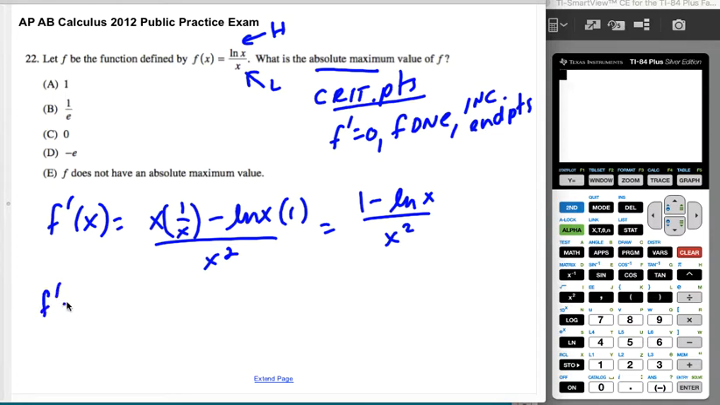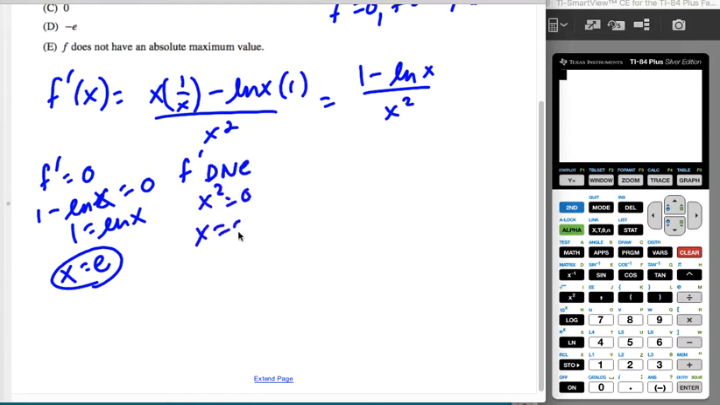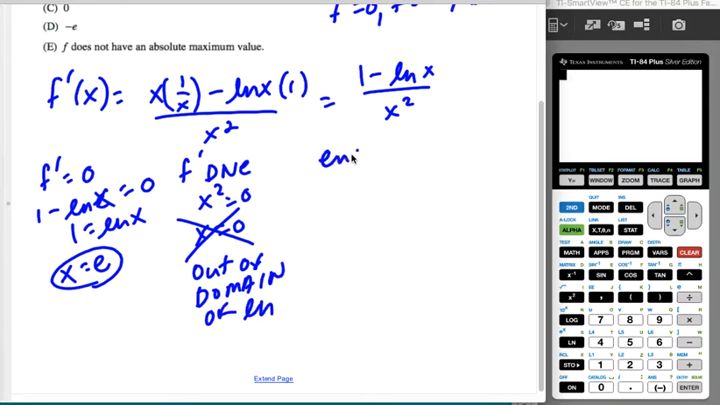So f prime is 0 when 1 minus natural log of x is 0. So that's going to be when 1 equals the natural log of x, which means that that's going to be when x is e. So that's one critical point. F prime doesn't exist when x squared is 0, which would be at x is 0, but that's not in the domain of natural log,